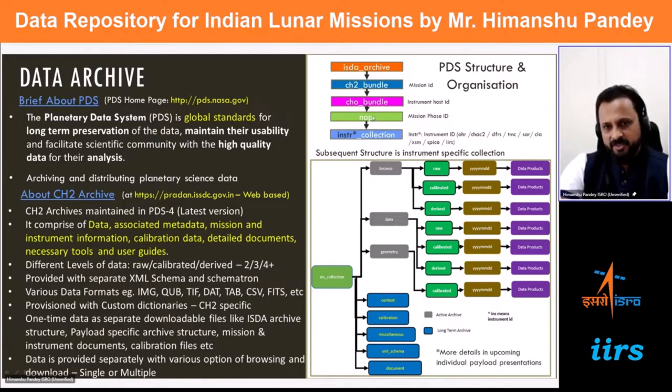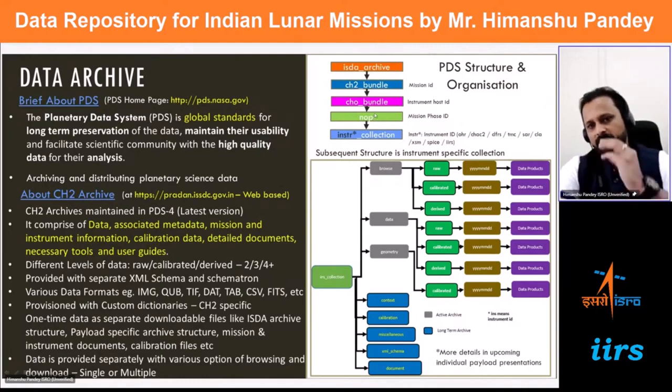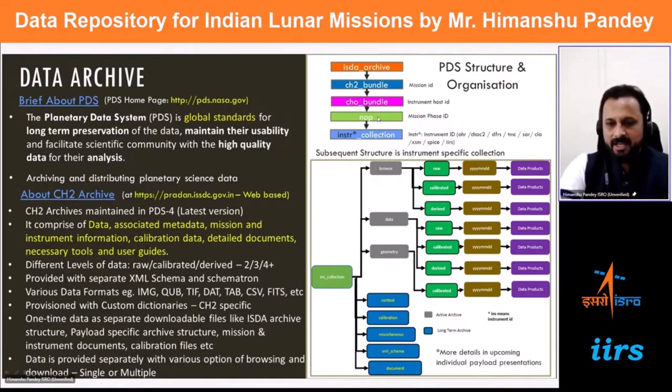Then there are different mission phases. Once you reach there, the normal phase is declared. Before that, there will be a testing phase, earthbound phase, lunar phase, mount phase, all those things. Then after that, instrument. So instrument would be like this: instrument collection,